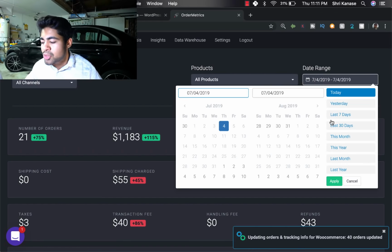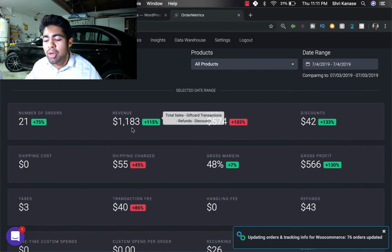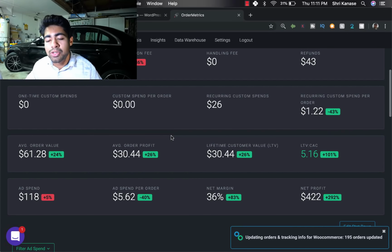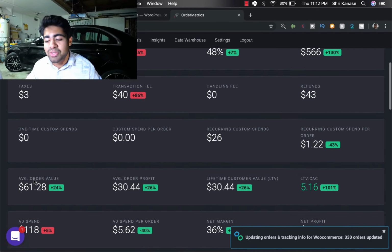But right now, we're on July the 4th, and as you can see, the total revenue is about $1,183, and the cost of goods is roughly $574. And here are all of the other costs, but the main cost that I want to show you is, of course, the ad spend. So right away, you see that ad spend is only $118. So this is really crazy. Only $118 spent